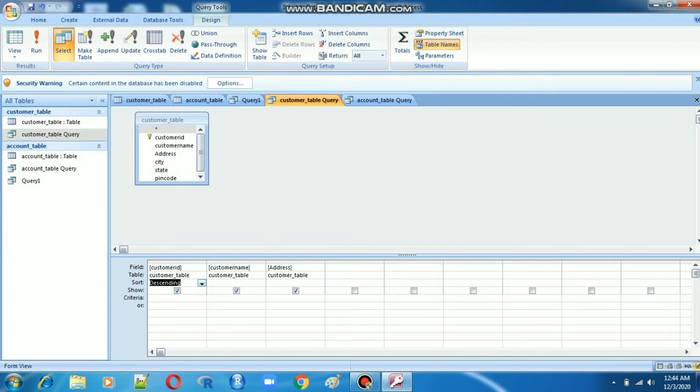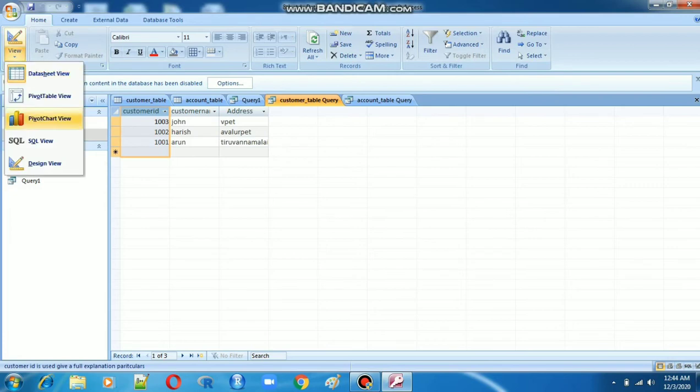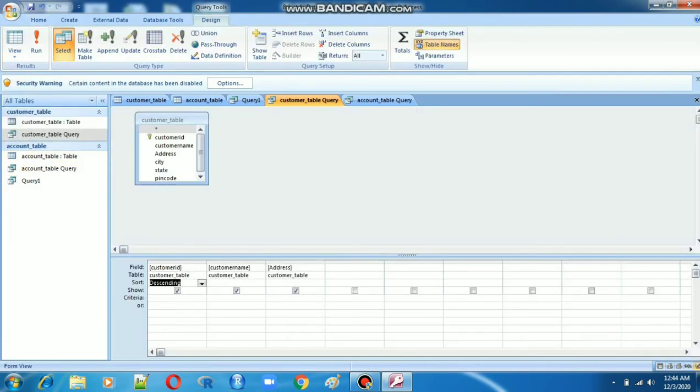Now what I do is give customer id in descending order, and I am going to run this customer table query. Run. See here how customer id is displaying: 3 2 1. Do you understand this? Yes. Like that you have to display all the fields.